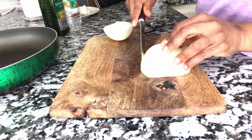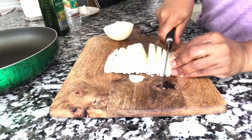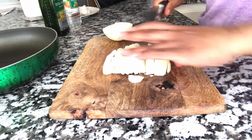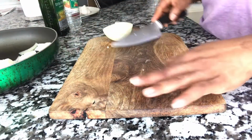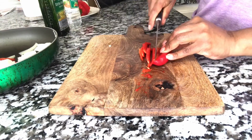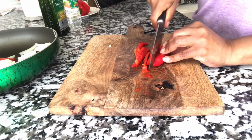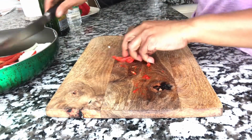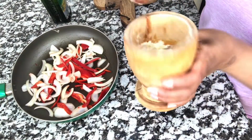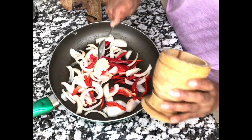So first I am slicing my onion, and you could add more or you could do less. It's up to you. You make this recipe your own, like I always say. I'm just showing you what I've been doing for my family for years, right? Here I am cutting my red bell pepper, and now I mash the fresh garlic with a little bit of salt,